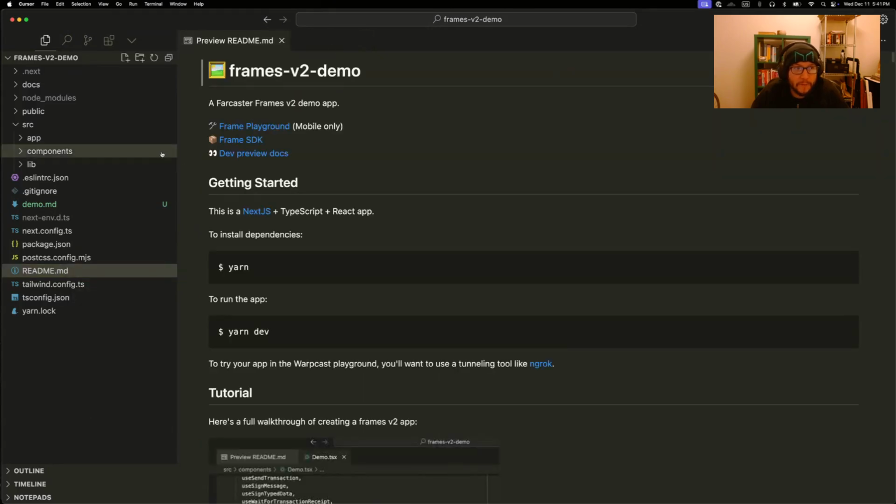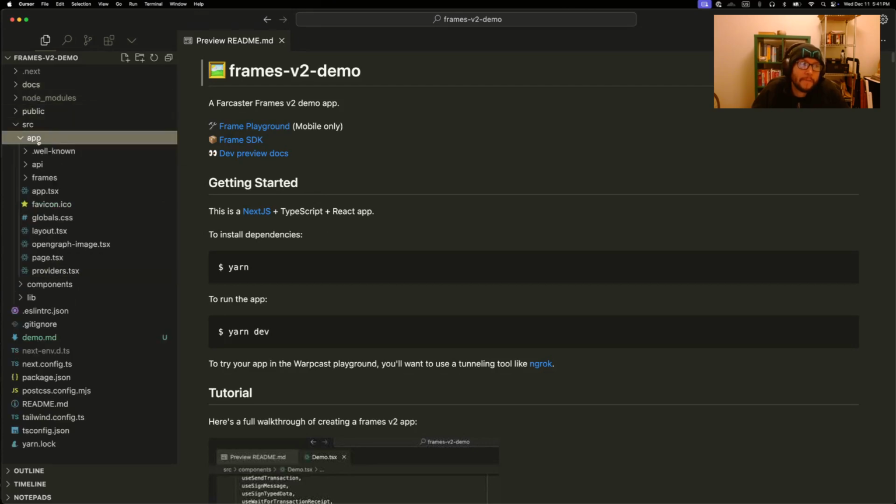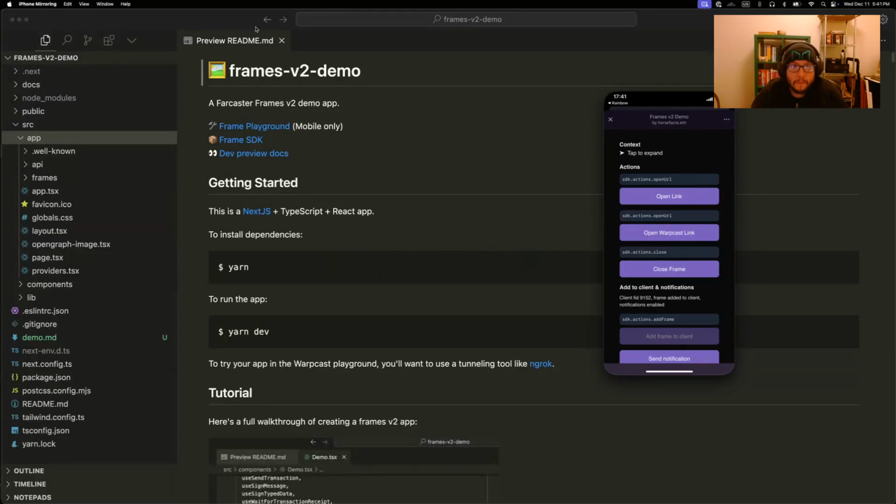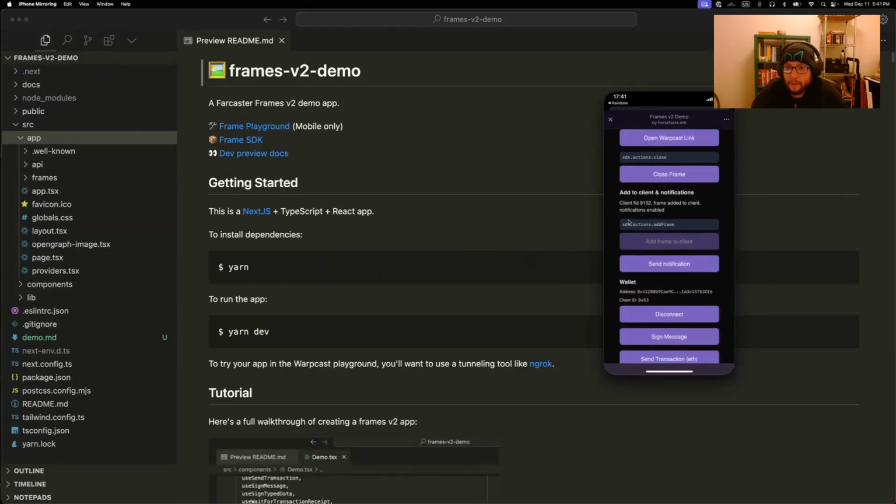And we have minimal notifications set up in here, but I think generally good practices for handling them. So this is a good simple reference implementation if you're looking for an example of how to implement some of this stuff. So let's look at it. Since last time we looked at it, we now have, here we go, an add to client and notifications section,